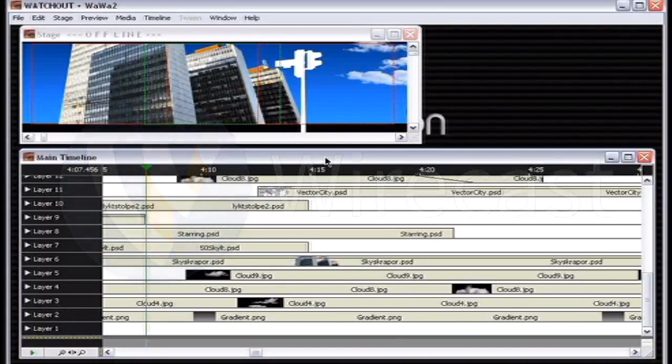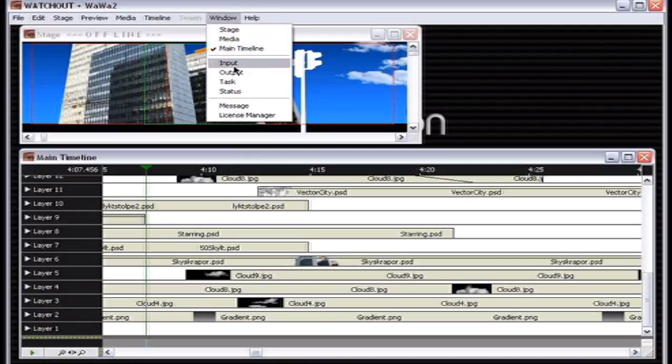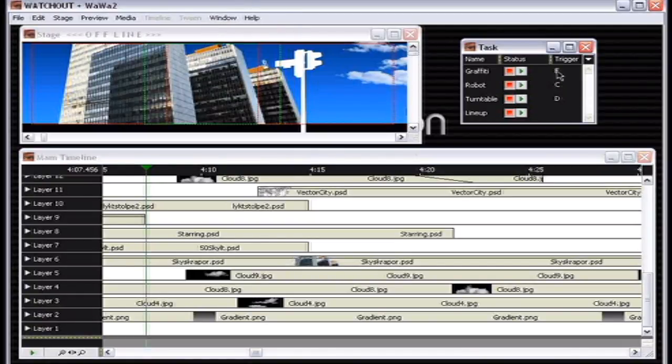To use multiple timelines, you start by opening the task window. The task window lists all the timelines that are used in